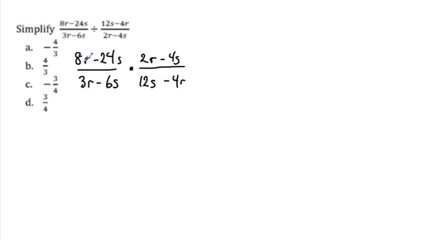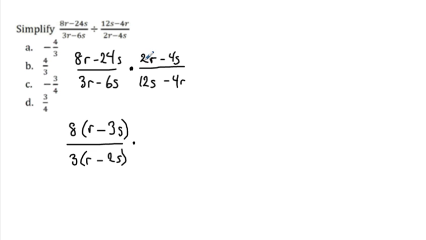So let's do that. We have 8r - 24s, and the greatest common factor of 8r - 24s is actually 8. So we're going to pull an 8 out of there. Now 8r divided by 8 is r, minus 24s divided by 8 is 3s. The greatest common factor of 3r and minus 6s is 3. So let's pull that out. 3r divided by 3 is r, minus 6s divided by 3 is 2s,